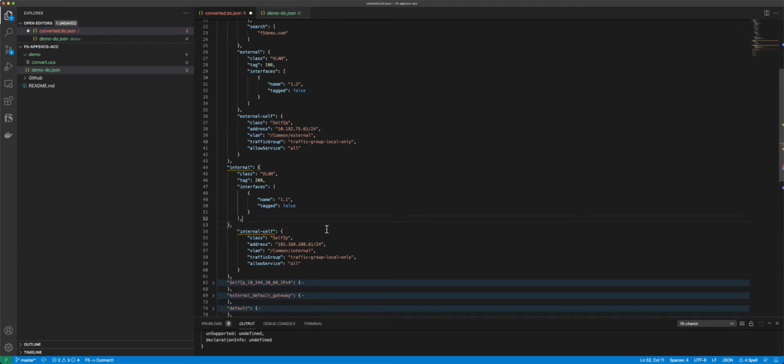Make sure that's valid JSON. That now is correct JSON right there. Internal self. And this internal is not allowed. And so